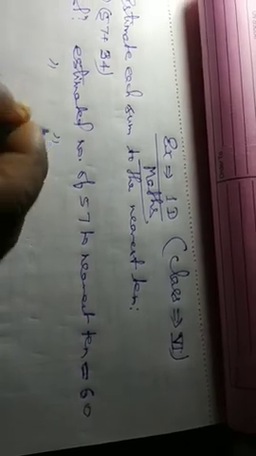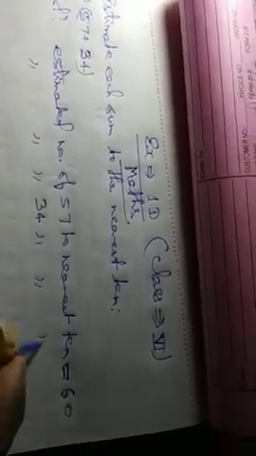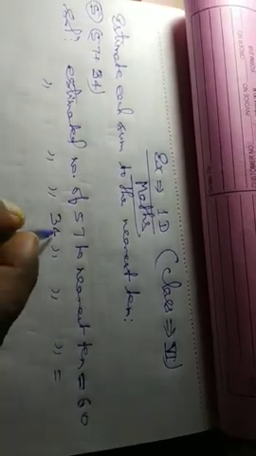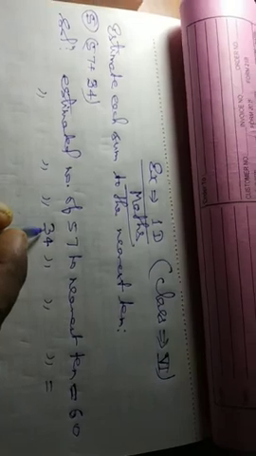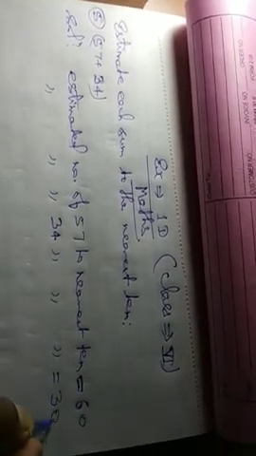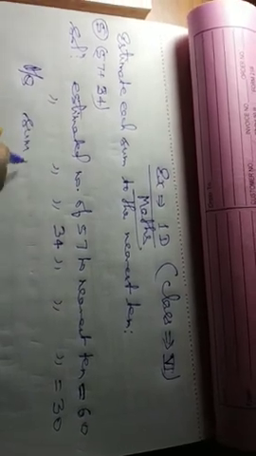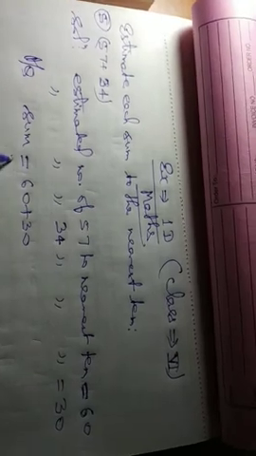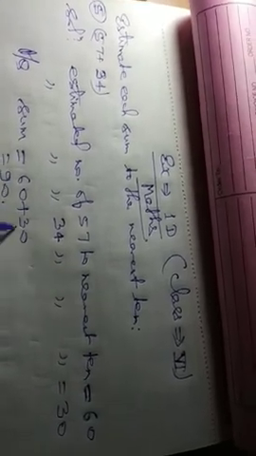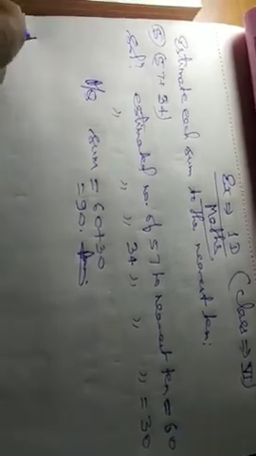Again, estimated number of 34 to the nearest 10 equal to 4 is lying in between range from 0 to 4. So 3 is not changed. 30 is here. According to the question, sum equal to 60 plus 30, 90 answer.